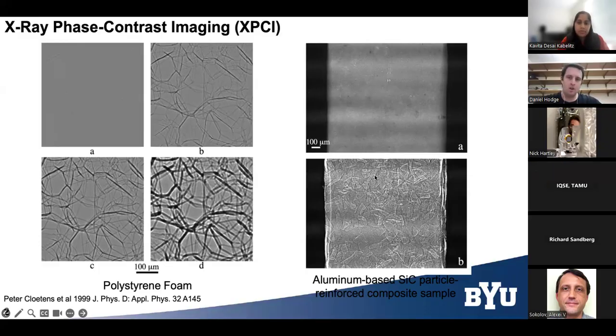And so the question you might ask is, when and why is this applicable, right? The reason why the bones in the previous example for the absorption contrast are able to be seen is because of the huge differences in density. Whereas in these particular samples, the differences in density are not as pronounced. And so what you have to do in order to see the edge of these objects is introduce this phase contrast in order to see a lot of these features. And so that is the main focus of our imaging technique that I'll be talking about today, X-ray phase